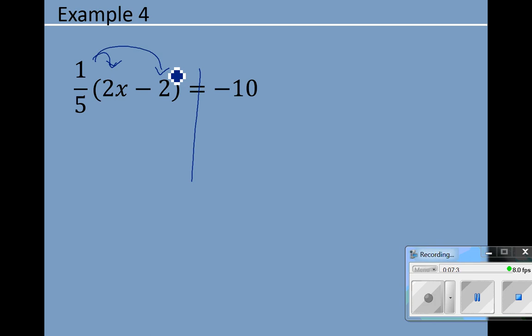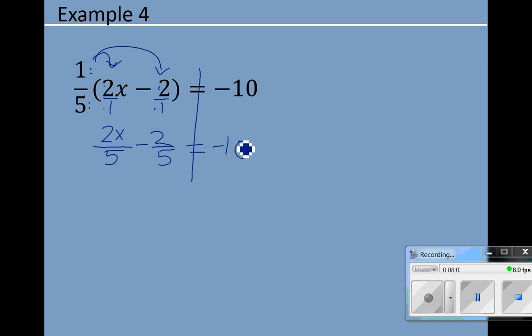Because I'm distributing a fraction, I'm going to make everything inside the parentheses a fraction. Now notice the 1/5 has nothing to do with the negative 10, only what's in parentheses right in front of it. So I would multiply 1 times 2x, which is 2x, 5 times 1. 1 times negative 2, 5 times 1,